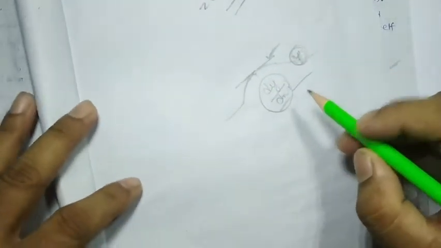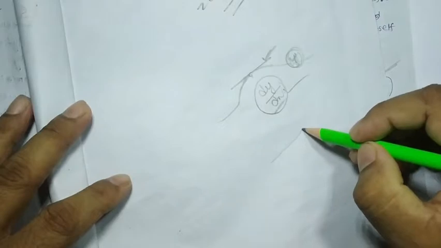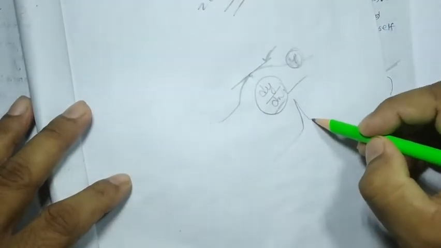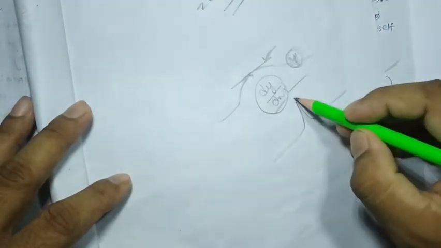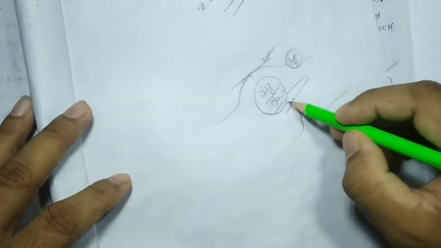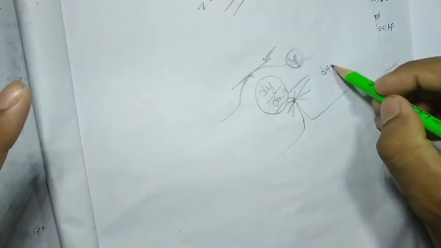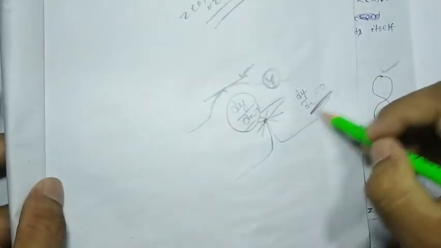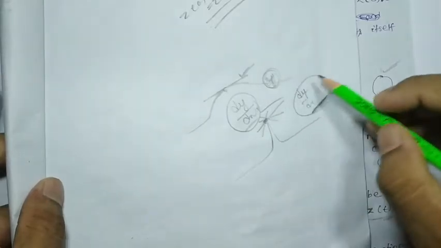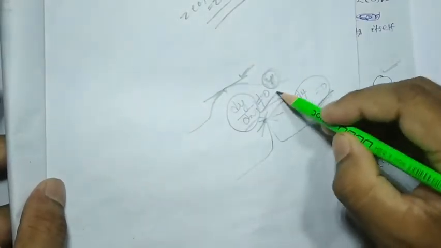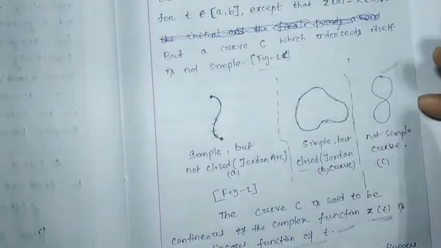If we consider this type of curve, which suddenly increases and decreases, then at this point many tangents are possible. That means it will be called a maxima. Maxima means it acts as a constant value, and constant value means the corresponding derivative will be 0. If it is 0, then we cannot say the curve is smooth. If dy/dx is not equal to 0, then the curve is smooth.